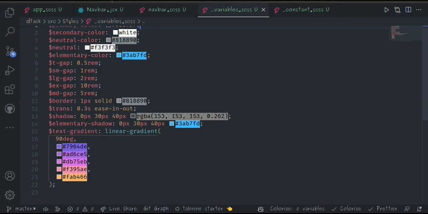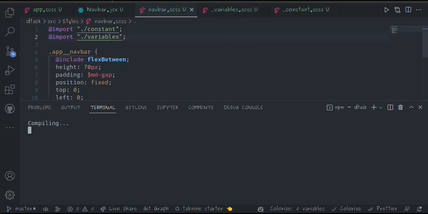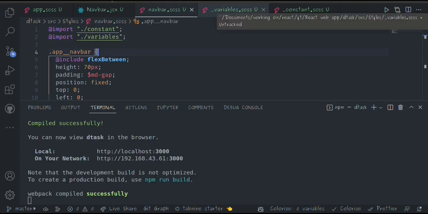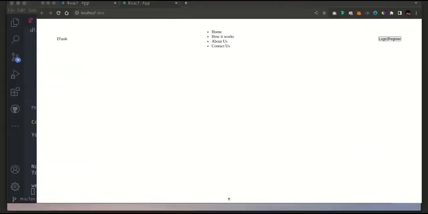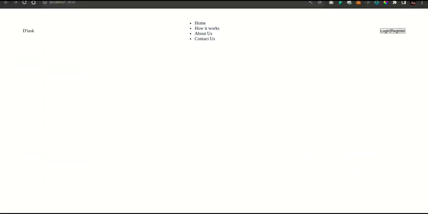I think trans needs to be somewhere here, which is this. Trans is 0.3 seconds in and out. So while everything is compiling, I hope no error this time around, which is cool. As you can see,